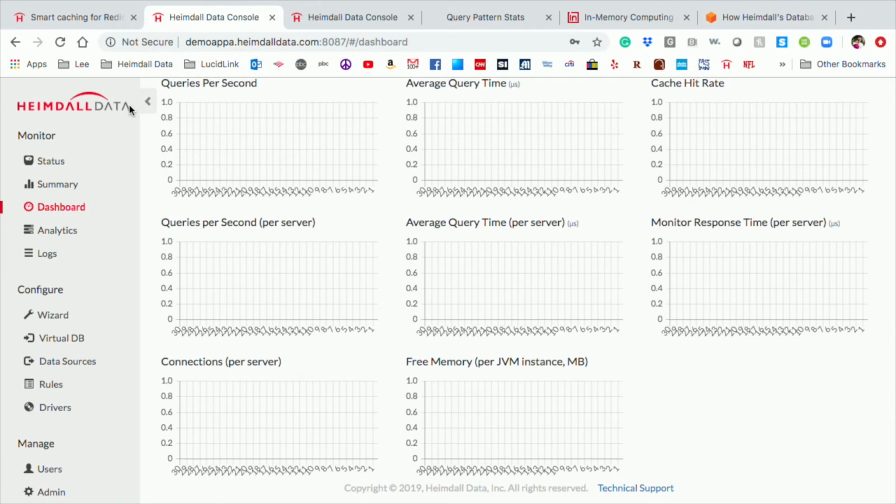What I have here is the GUI, the central console that controls all the proxies. If you remember on the diagram, there's really just 2 components of the database proxy. There's a proxy, which is the data plane that you would put on every application instance. And then you would have a control plane, which manages all those proxies. They're completely separate. So if the control plane died, the proxies would still be running. Okay? They're completely separate. So from an operational standpoint, it's really good. Now, in this,